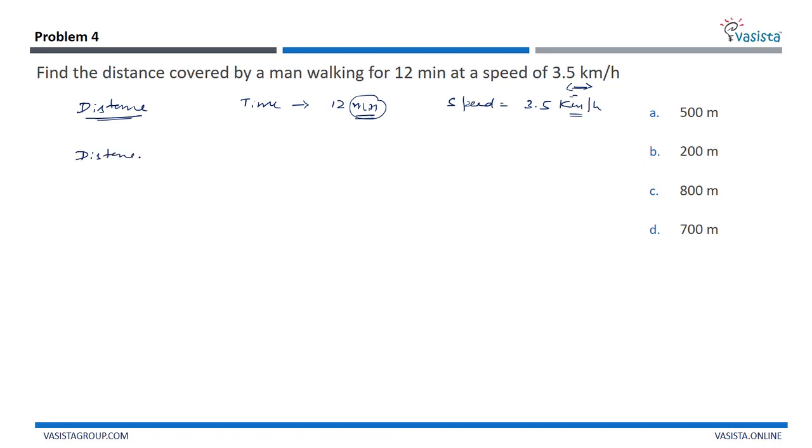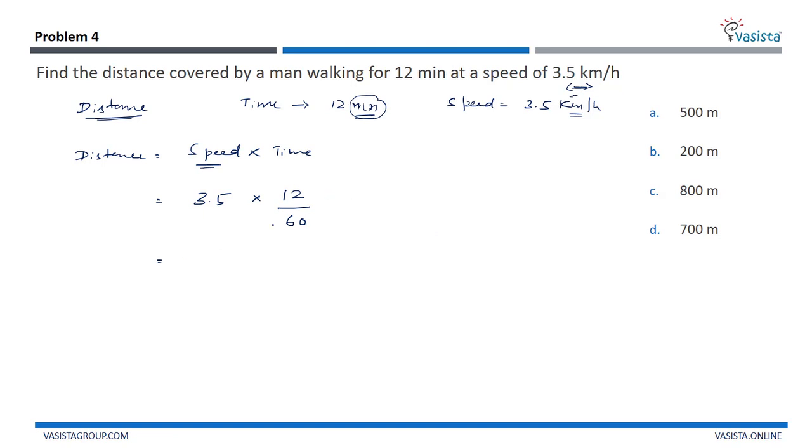distance is equal to what? Speed into time, correct? Speed into time. What is speed? That is 3.5 km per hour, and time they have given 12 minutes. We need to convert it into what? Into hour, that is divided by 60. Now